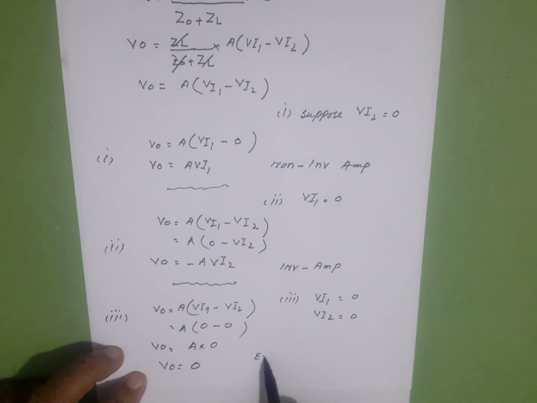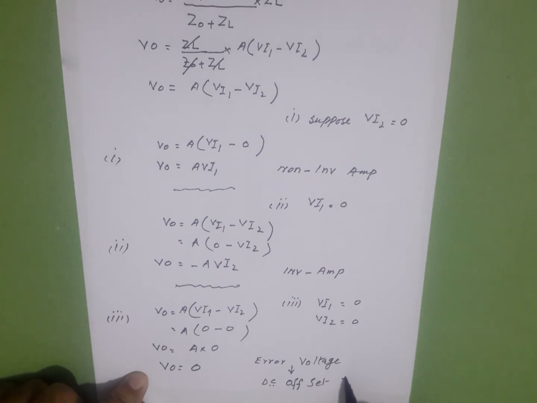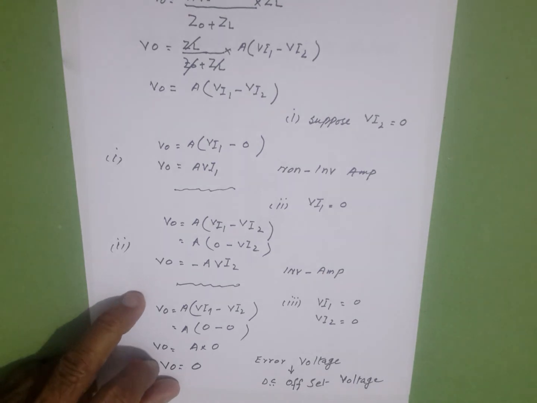To neutralize this error voltage, we apply an external DC voltage, and that is called the DC offset voltage. Remember that this